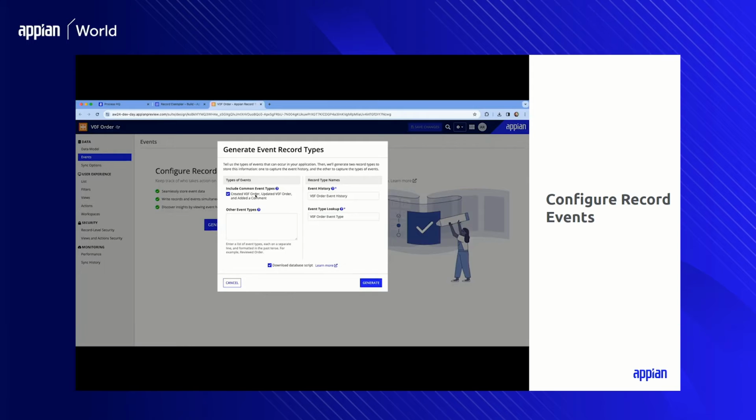And in this case, we're going to track 2 event types, created and updated, or actually 3, and added a comment. Those are the standard ones you get for free, but you can also add your own if you wanted to. So if you had like a back order status or what have you for an order record type. Now, once we go through this wizard, the user clicks generate, and then it's going to automatically generate those